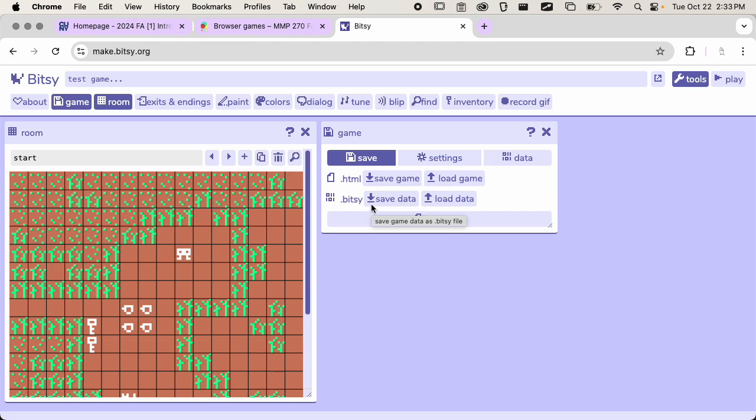So the difference here is if we save the game as Bitsy, that's basically like a backup of the game that we have. We can load it back into Bitsy, but it's not playable. It's sort of like a PSD versus a JPEG, or your editing file versus your exported file. The Bitsy data we can continue to edit, but we can't play it as a game in the browser. What we need is the HTML. So we're gonna save this HTML file,